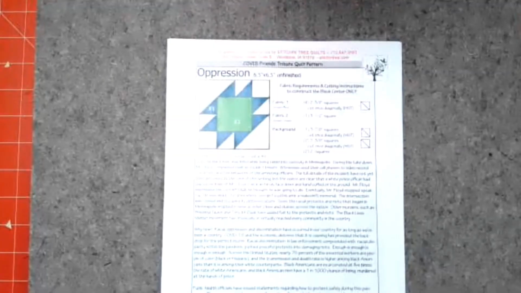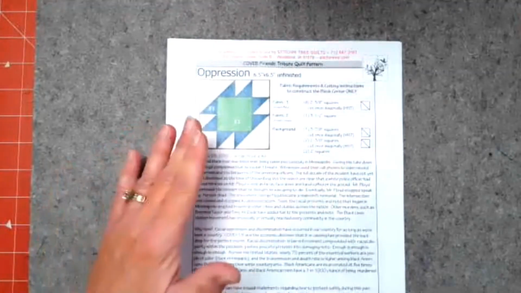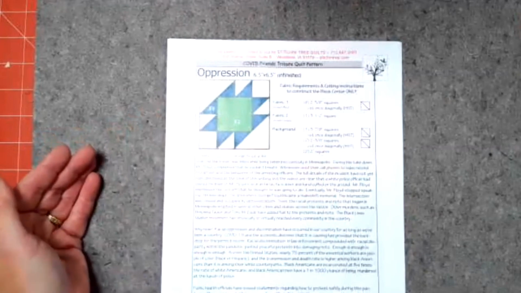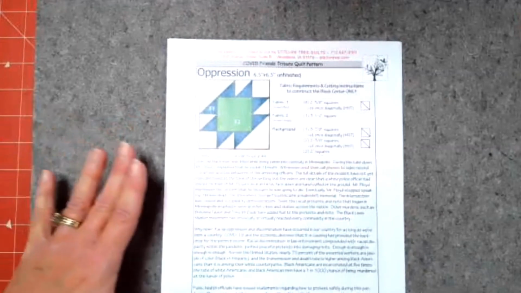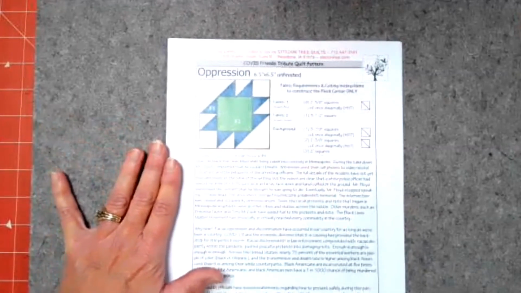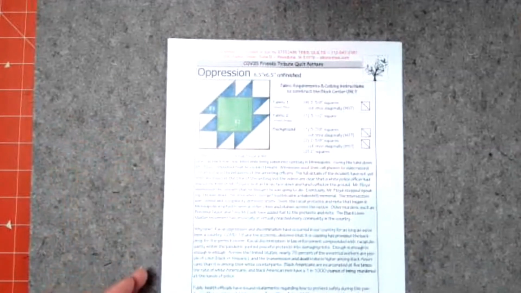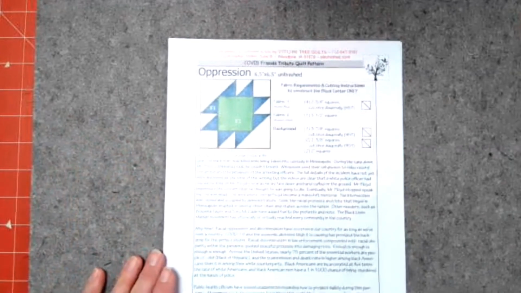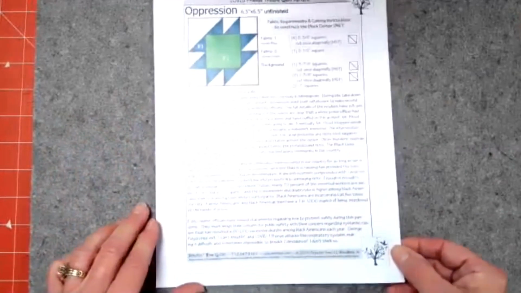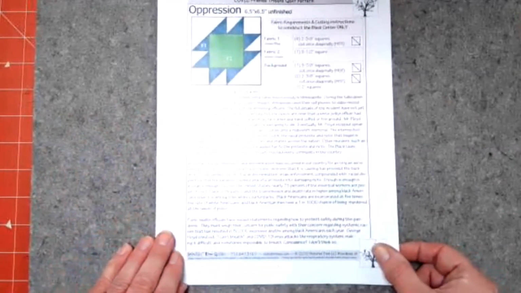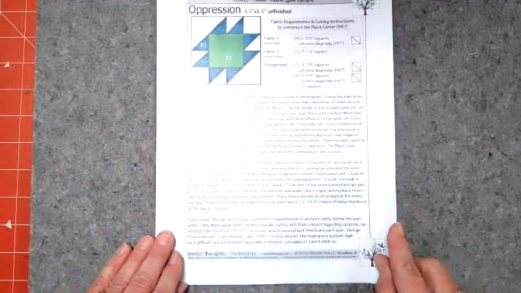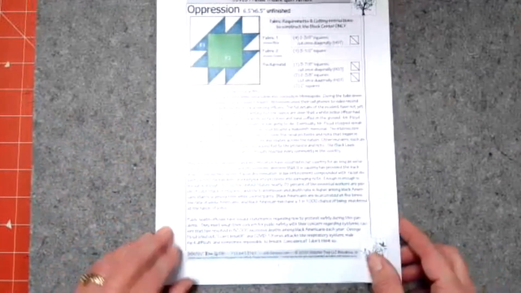On page 1 of the pattern, I have the cutting instructions that show the 2 different fabrics, and we'll talk about fabric choices in a minute. I also include information about the death of George Floyd in Minneapolis and why the racial oppression that's been going on in the United States seems to have hit kind of a boiling point in our nation at this time. I also talk about the disparity, including the COVID crisis, disparity between white Americans and Americans of color.